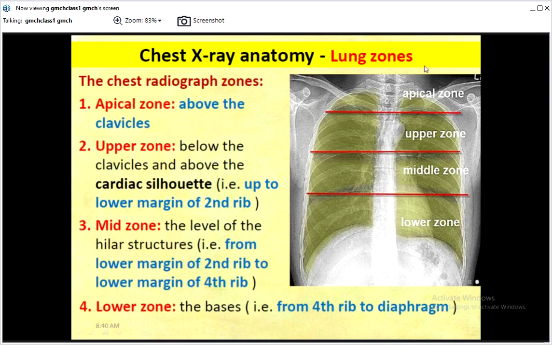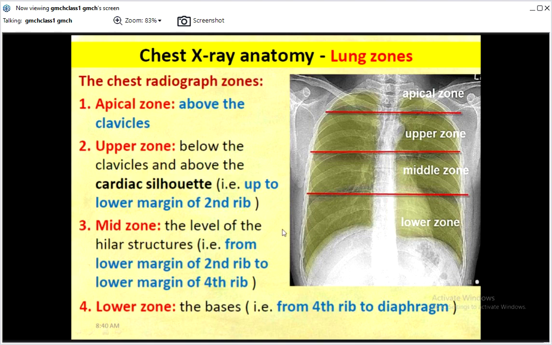Okay, you can divide them into 4 zones. The apical zone is above the clavicles. The upper zone is up to the second rib from the clavicles. Mid zone, second to fourth rib, and the lower zone is fourth rib to the diaphragms. So you can say abnormalities are in this particular area, or you can also tell about the abnormalities according to